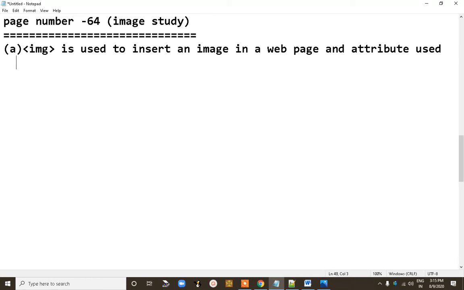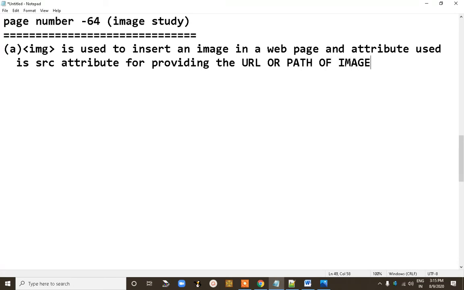And the attribute used is the src attribute, for providing the URL or path of the image. So this is the answer for the first question.